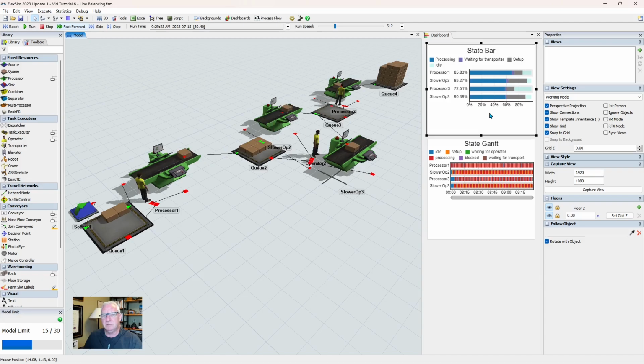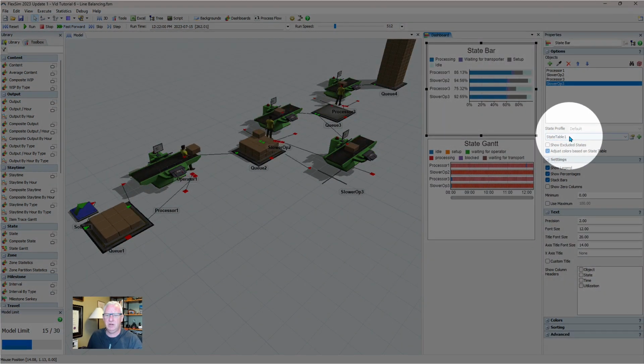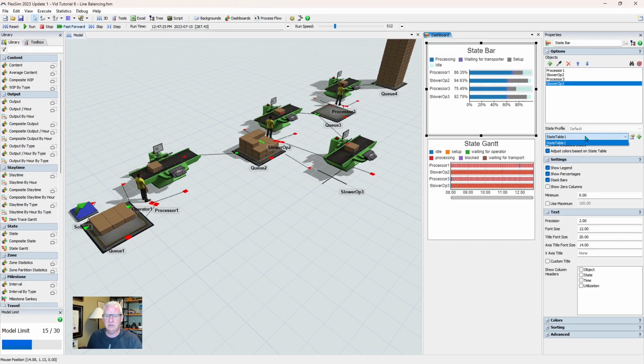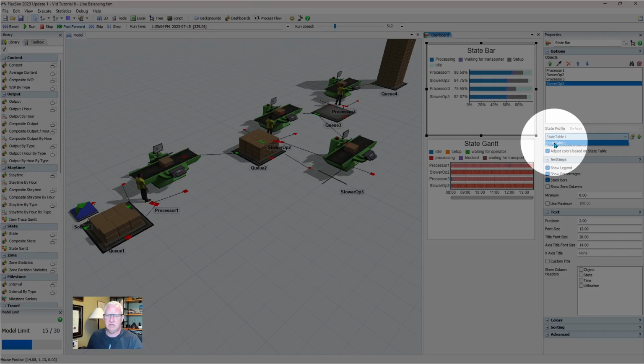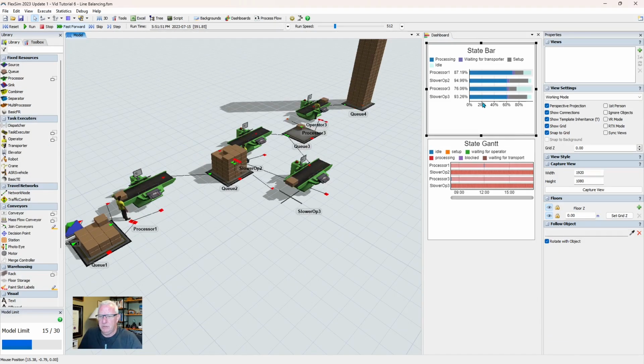I paused the video for a minute to give me an opportunity to figure out what was wrong with this state bar chart. It wasn't displaying anything, and I'd had this happen to me before. So what I discovered under the state profile here, this row was blank. So I just clicked the down select, and there was only one option, state table. I chose the state table, reset and ran my model, and now it's working just fine. What's useful about this? Let me differentiate first. The state bar chart now is in a single bar, it's giving the kind of percentages of the different states